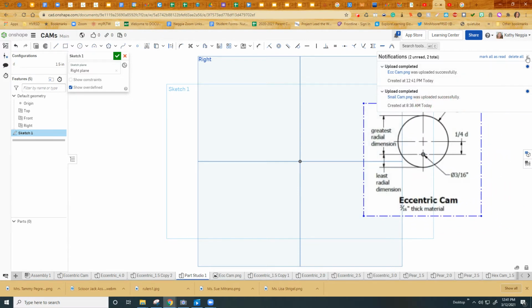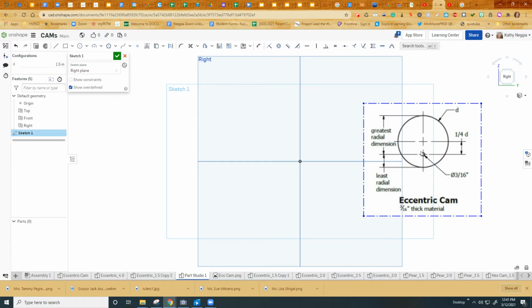Notice I will be creating an eccentric cam with the hole that's 3/16 of an inch. It's going to be a round hole. I'm going to extrude out my shape 3/16 of an inch, and then I'm going to use diameter for the circle and for the distance between the center of the circle and the hole. So I'm just going to leave this up here so I can use it. And I'm going to start by creating a circle. Okay, I'm going to create my hole on the y-axis,